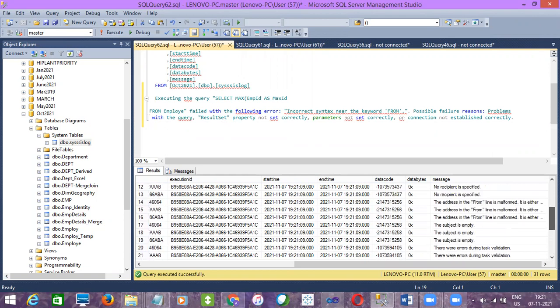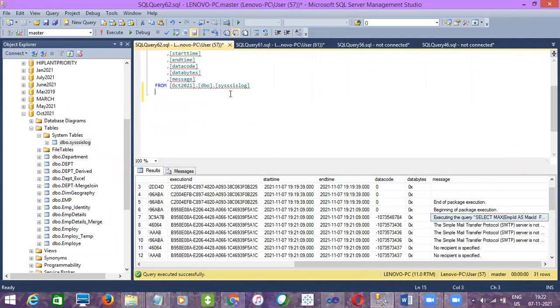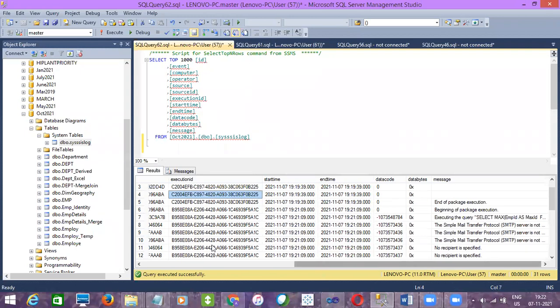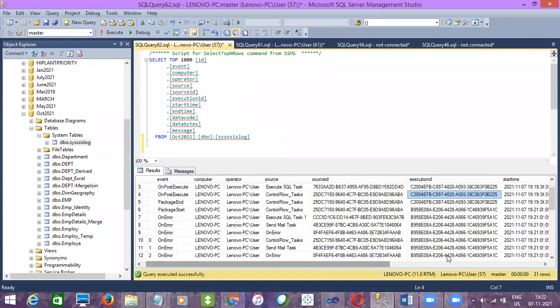Clear, guys? Clear. Select max of ID. So for this purpose, we'll use the logging concept. If any error occurs, the logs will be tracked in the table. Unless you truncate or delete the data in this table, it will be permanently saved, all these records, date wise, right?